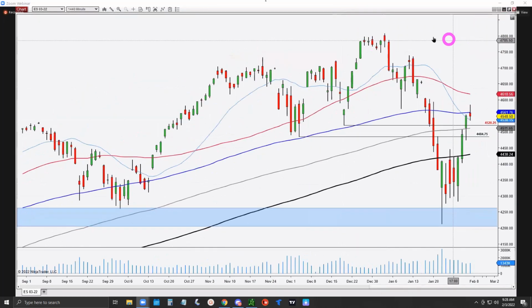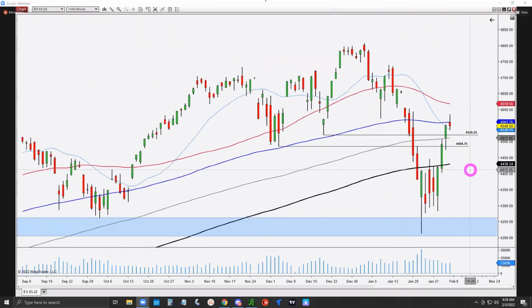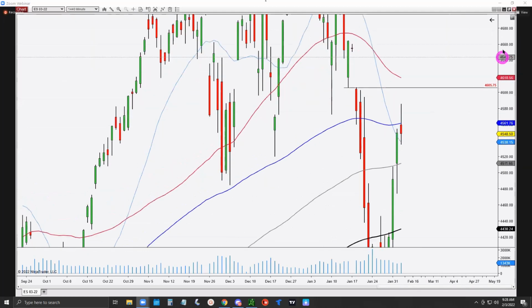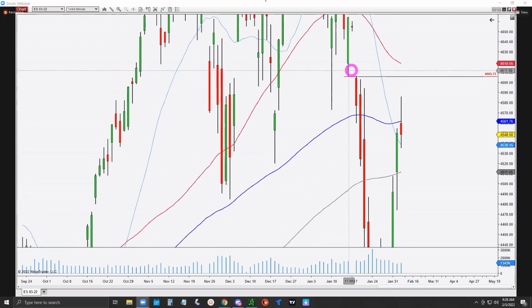All right. All right, so you can see that this support held very well and the market just went right back. These levels, I don't need to mark them anymore, but see this gap right here? That gap is important. Bulls want to close that gap, but see that right there?